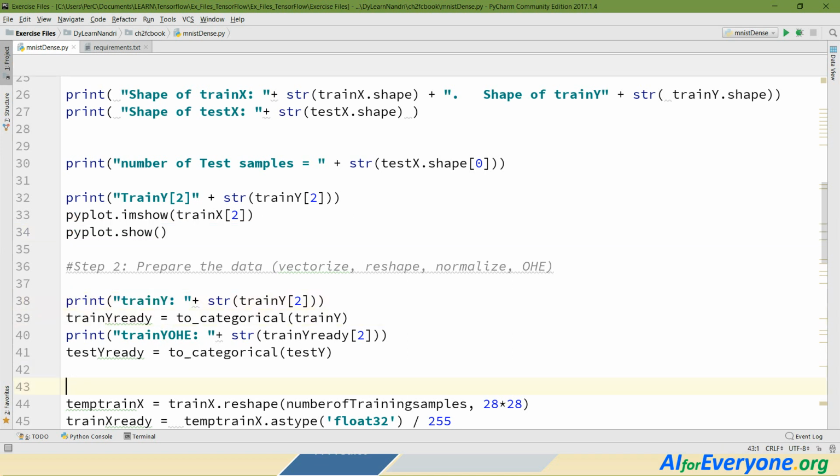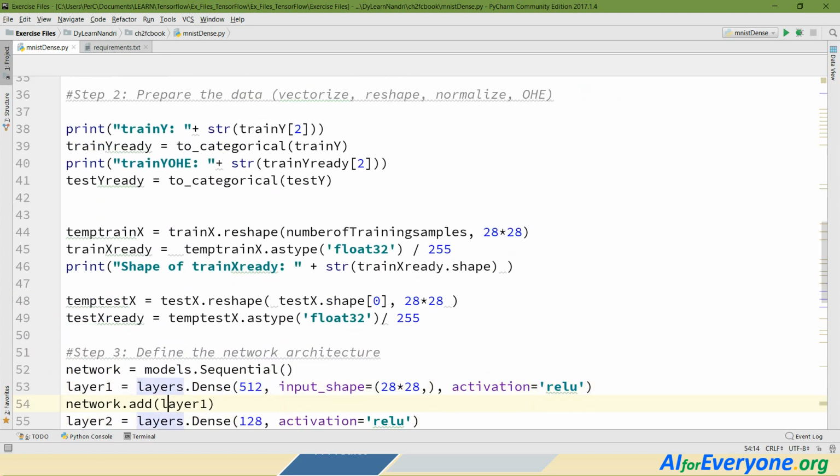Then we prepare the data in a way that can be fed into the Keras TensorFlow system. So the main focus is to vectorize the data and reshape it in a way that the neural network can take it in, and also normalize it so that the values are very small, between zeros and ones, and then one hot encode the labels.